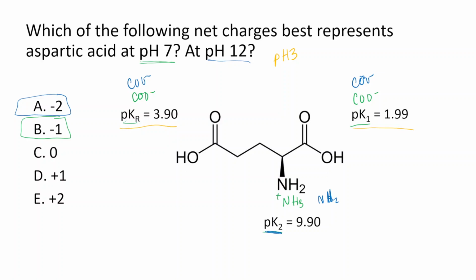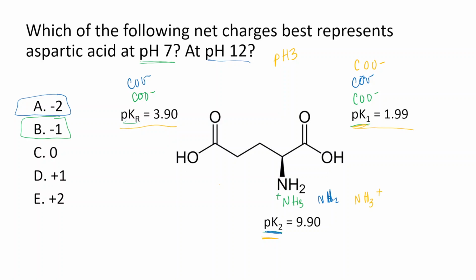So at pH 3, we'll start with our carboxyl group here, our pK1. pH 3 is above the pK, which means it's going to be deprotonated. So we're still COO minus. Our pK2 of our amino group is 9.9. pH 3 is below that. So if our pH is below our pK, our group is going to be protonated. So we'll have NH3